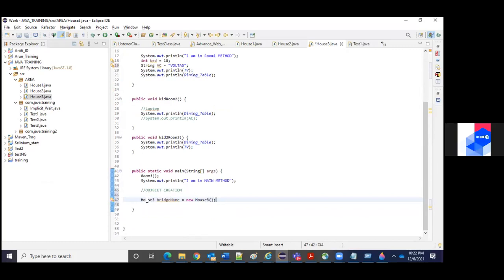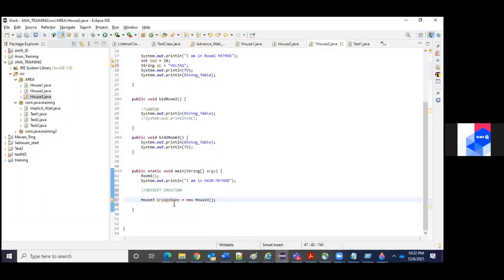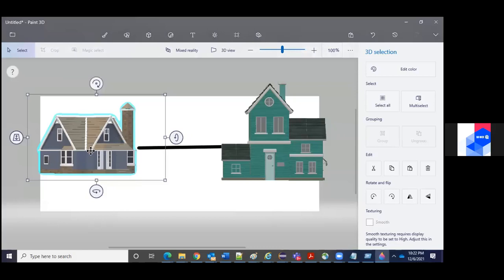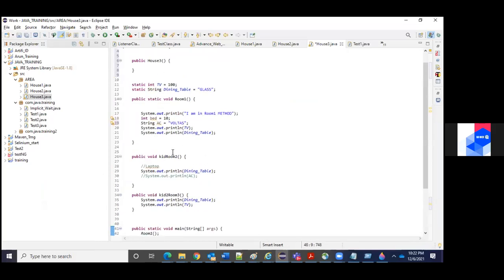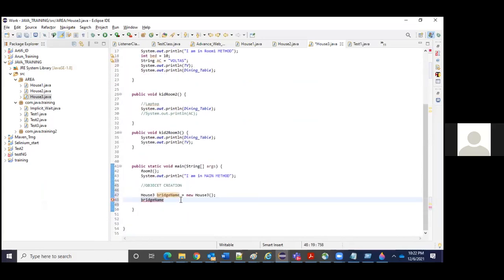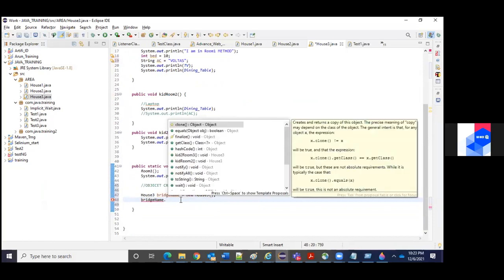Now you constructed the bridge to the house. Understand, like you have constructed the bridge to go inside the house. Once you construct the bridge to the house, you can access everything inside the house, right? Yes. When you go inside with the help of the bridge, you can access all the rooms, and whatever things are there, you can access all these things. Correct?